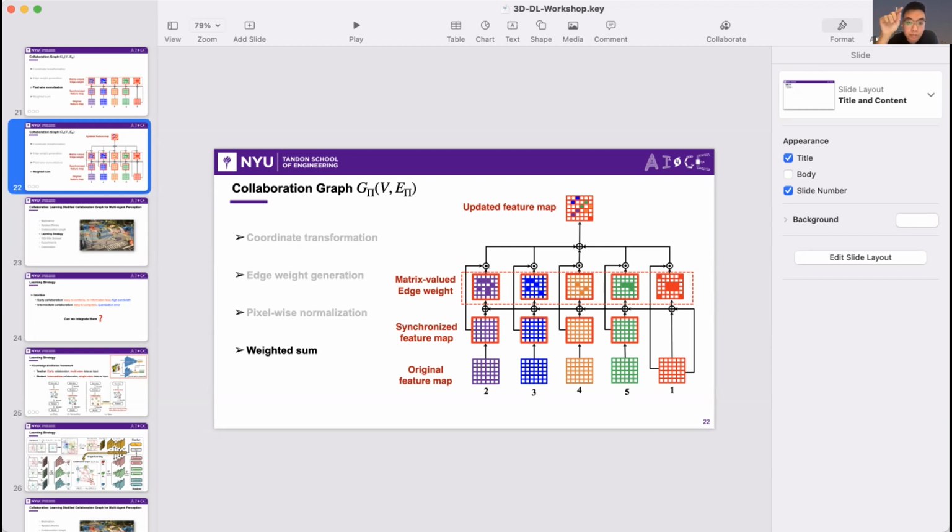And for each pixel, it will conduct a pixel-wise normalization, to make sure that for each pixel, the sum over all these agents equals 1. Okay. So it is a relative number, not an absolute number for the weight. Thank you. Yeah. Thank you.